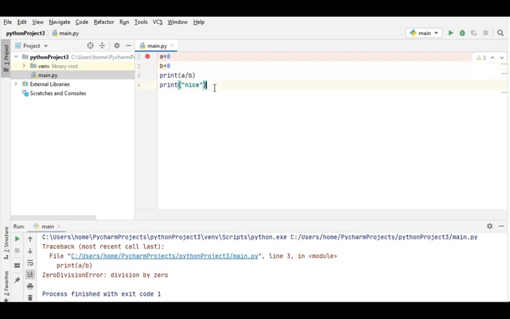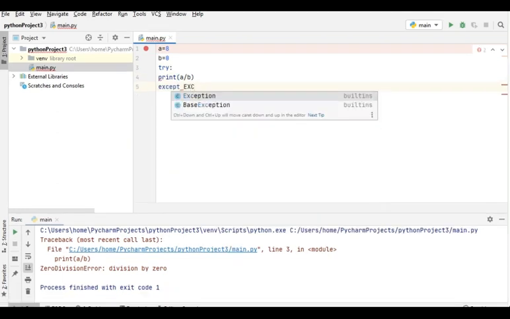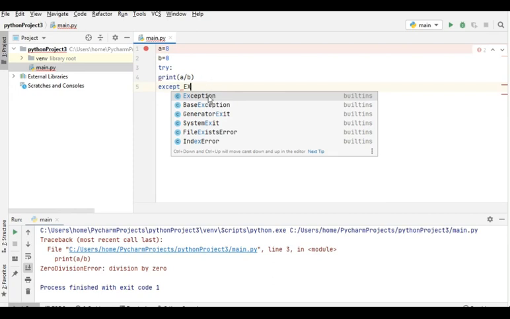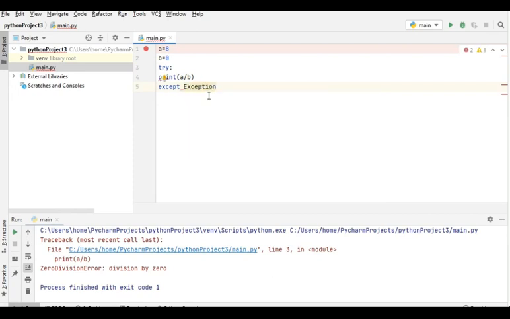Now here let's take a try, and let's look at what exactly happens with the try. Try a comma b. Except, and then let's give a statement.